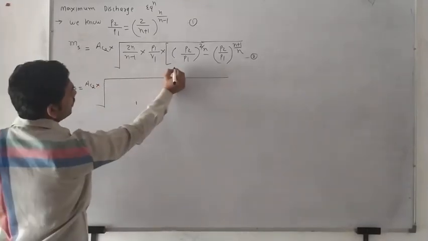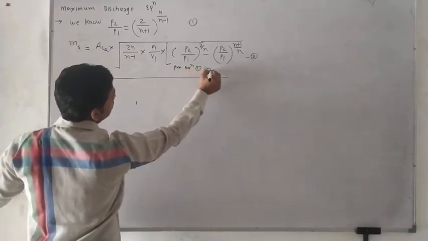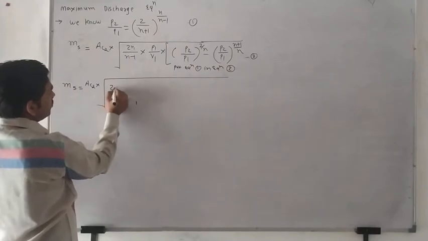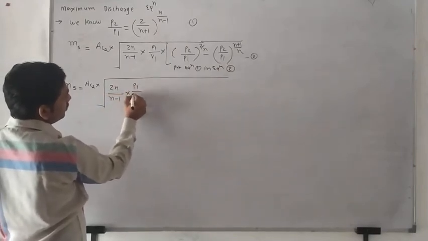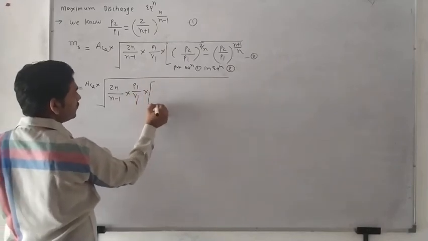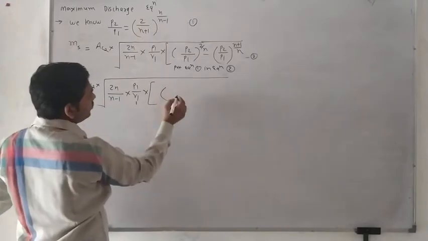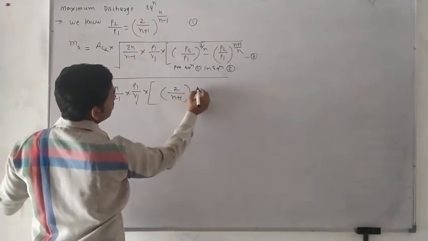I write down here, put equation 1 in equation 2. So what is here? 2n upon n minus 1 into P1 V1 in this, P2 by P1 is replaced by this value, which is 2 upon n plus 1,